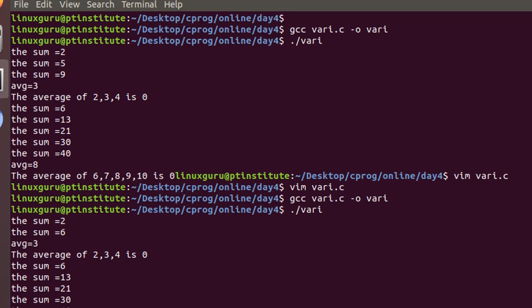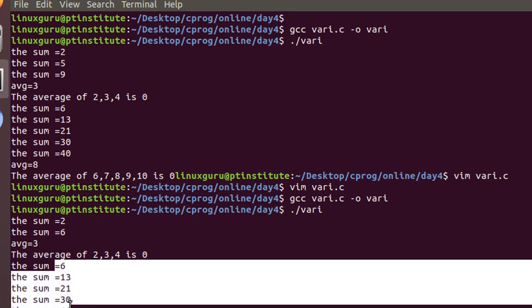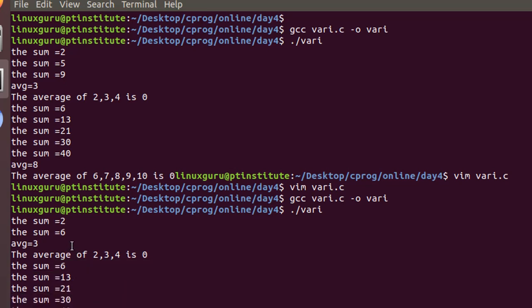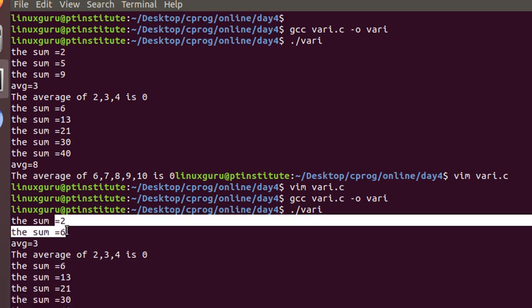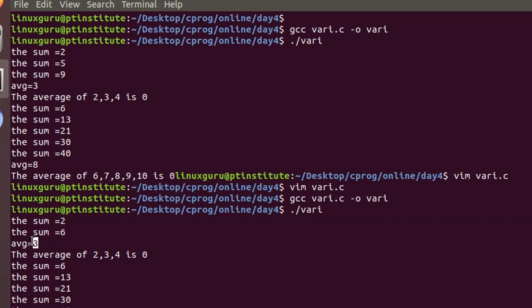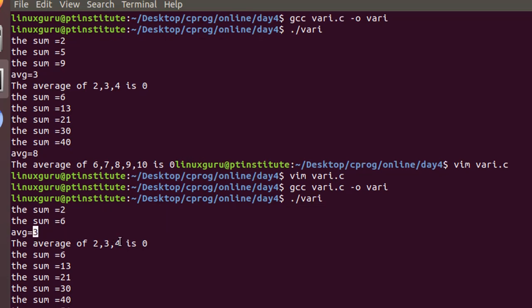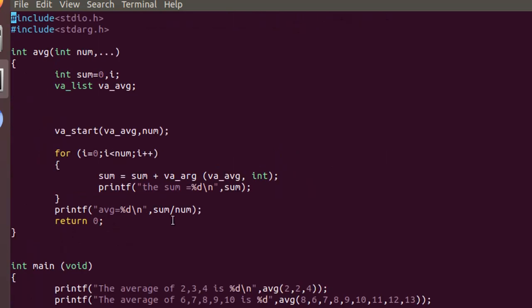I did not change this thing, but it gives the sum of everything, and then it gives the average. Same way here there are 2 parameters and it gives the average. My arguments are 2 and 4.